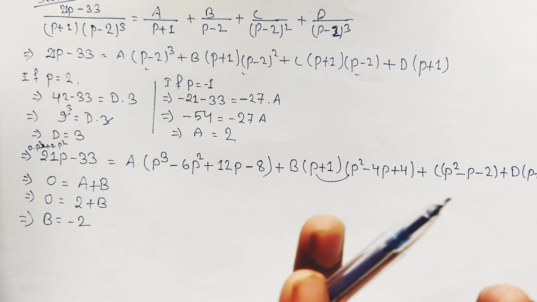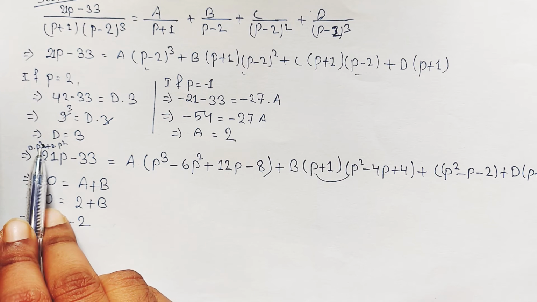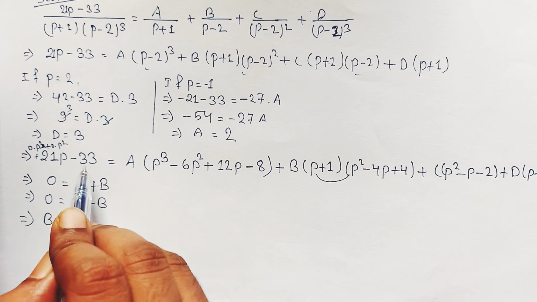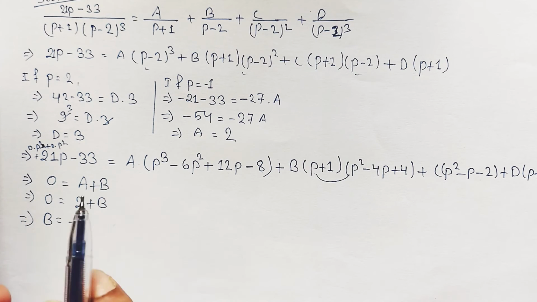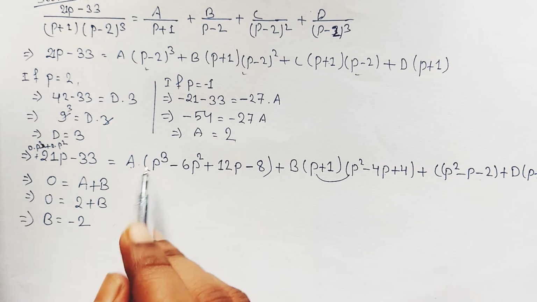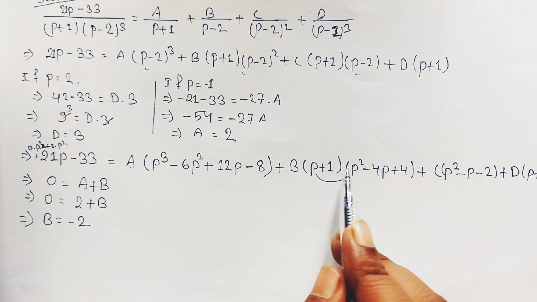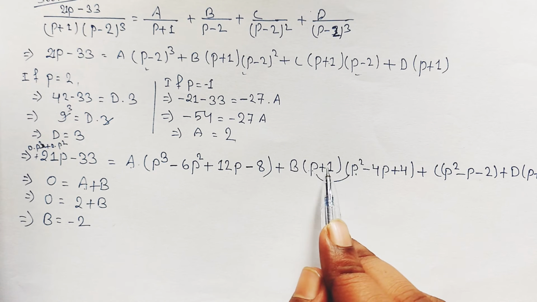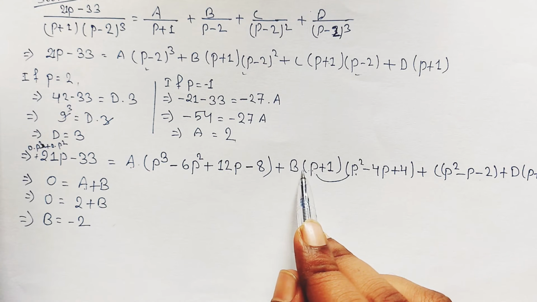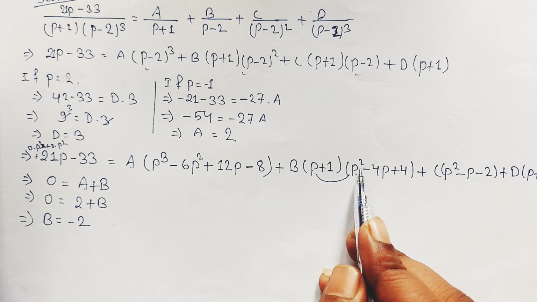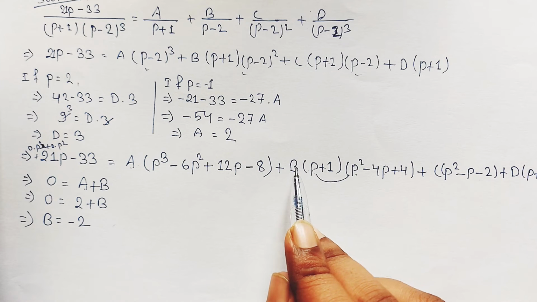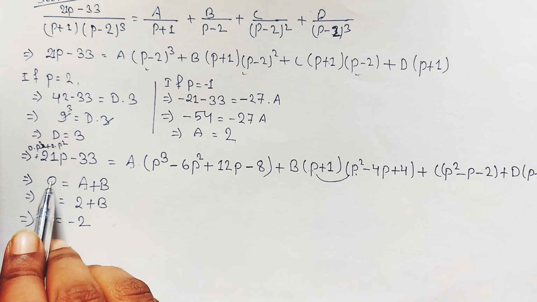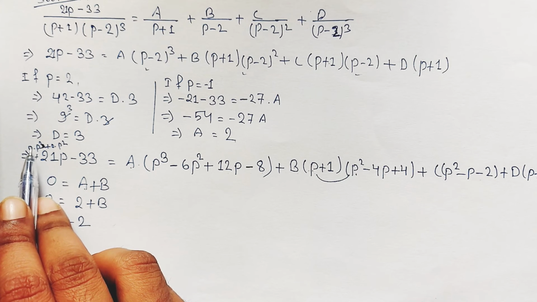We are comparing the coefficient of p^3 here. The left side has nothing, meaning 0 times p^3, 0 times p^2, and plus 21 times p and minus 33. So on comparing the coefficients of p^3, from here we have a times p^3, so a, and the second p^3 is here because this p will get multiplied with p^2, and b will also be the coefficient, so b times p^3. From here on multiplying this we will get b times p^3. So the coefficients of p^3 are a and b, so a plus b, and here the coefficient of p^3 on LHS